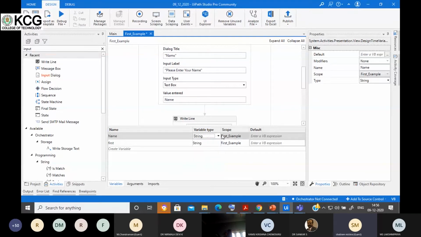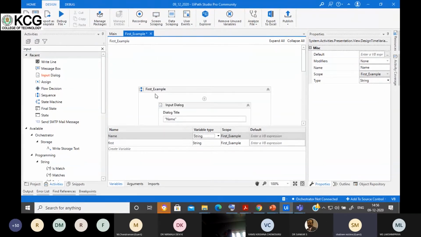The next thing is the scope of the variable. You can see here the scope of this particular variable in the first example is the whole sequence. So I can use this variable in the complete sequence. I can call this variable at any point of time. I will not get any type of error. But suppose I change the sequence,